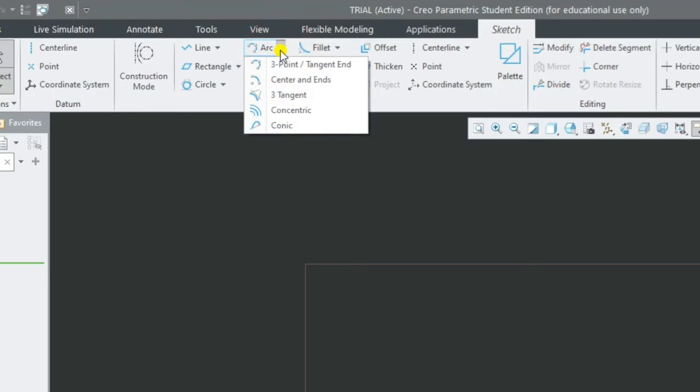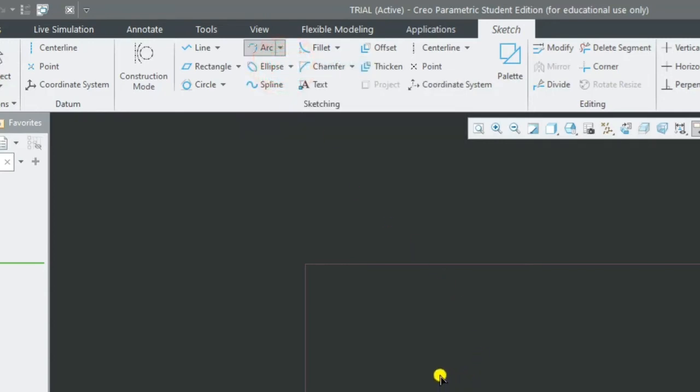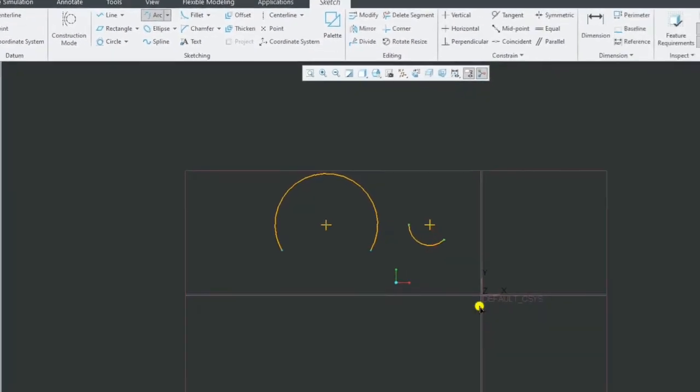First is the 3 point arc: first point, second point and third point. Only 3 points are required to make a 3 point arc.